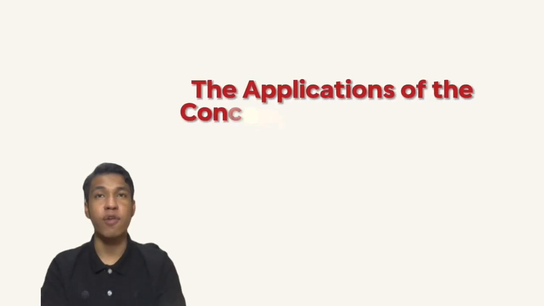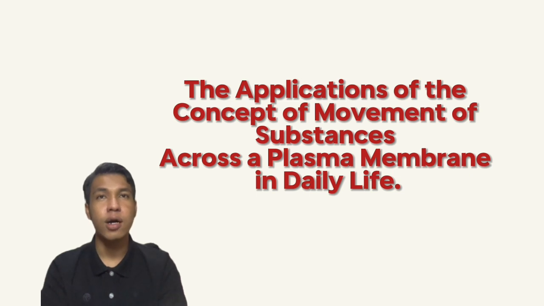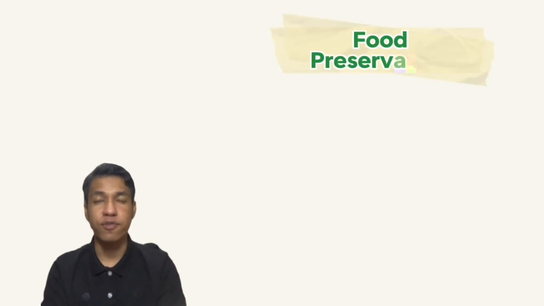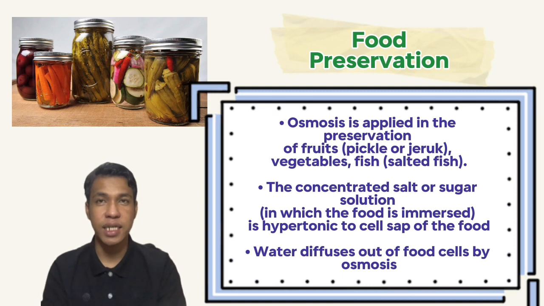Now, for the second part of this subtopic, we will learn about the application of the concept of movement of substances across a plasma membrane in daily life. Let's start with the application of this concept in food preservation. First, osmosis is applied in the preservation of fruits, such as pickles or gherkin in vegetables, and salted fish in fish. For example, in the preservation of fruits, a concentrated salt or sugar solution is prepared and the fruits are immersed